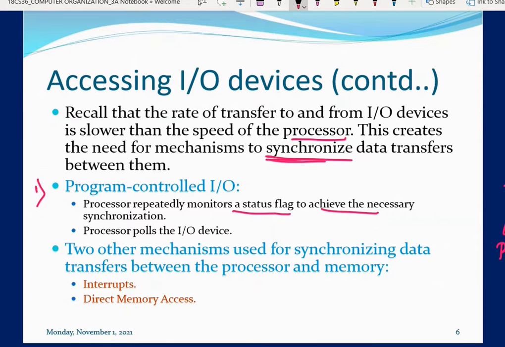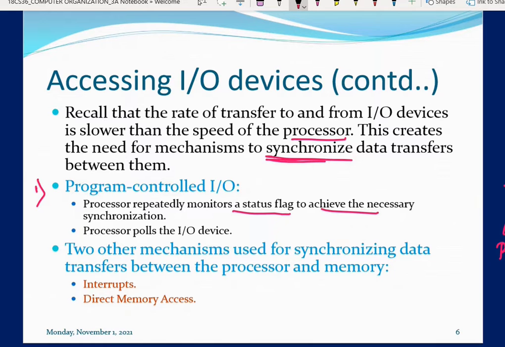If it is executing that loop repeatedly, we wrote a program with respect to this also. If the input device is not ready, it goes back to the loop, and after some time it checks again. As long as this bit is not set, the processor performs the same operation.